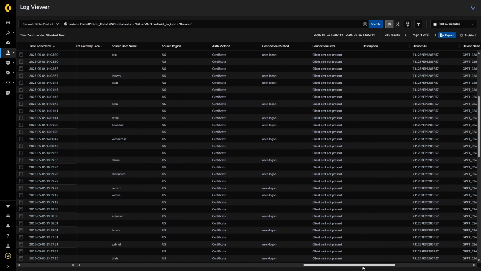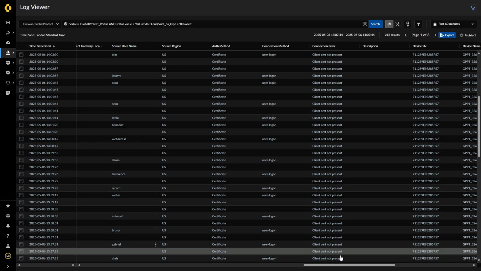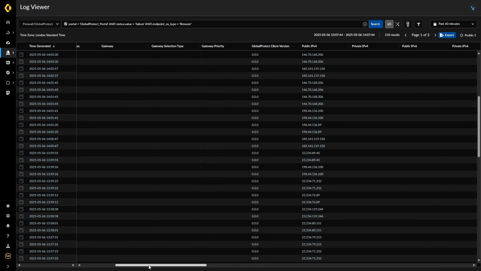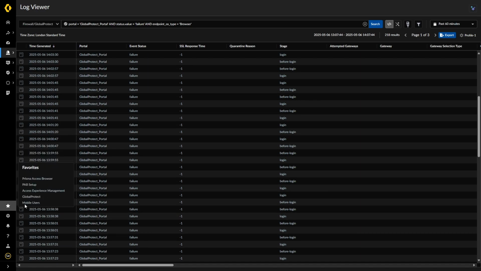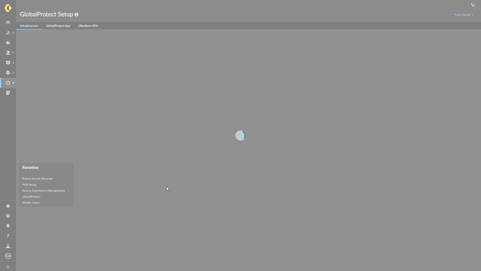So in this particular instance, and I'll show you this first. So we have client cert not present. And the reason we have client cert not present is because one of the ways to deal with this, although it doesn't reduce the amount of attacks, is within your Globalprotect configuration. So if we come to here,